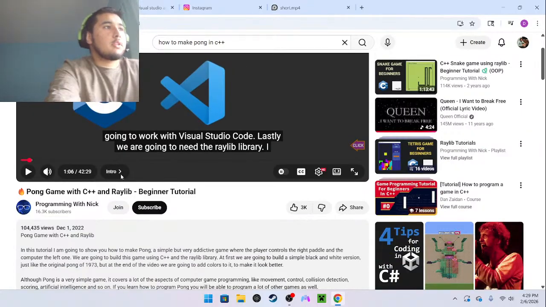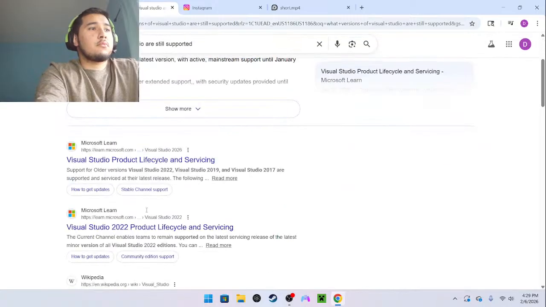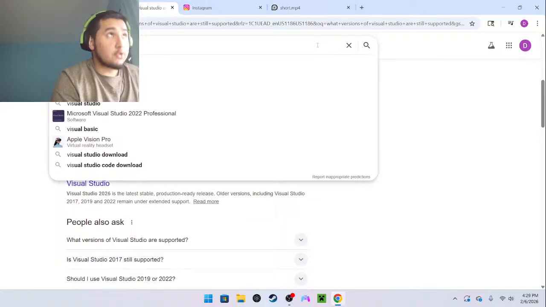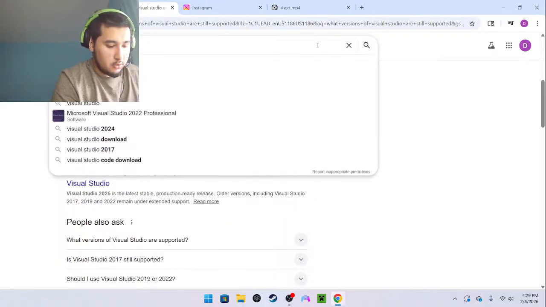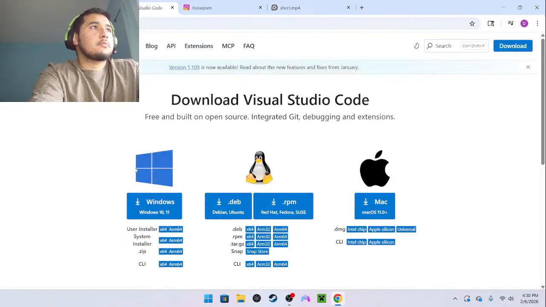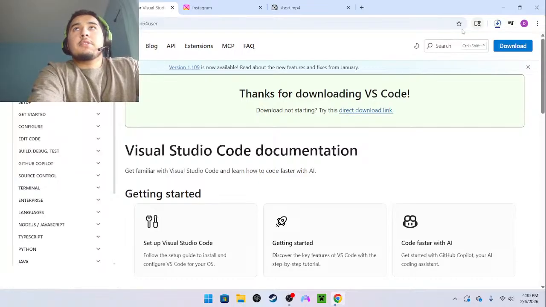Alright, well, this came out in like 2022, so whatever version was available then: Visual Studio 2022 mainstream along with Visual Studio 2019. Alright, well, I guess I'll just download Visual Studio. I'll just get the regular one for Windows. Thanks for downloading. Download started. No, it did start. We're cool.